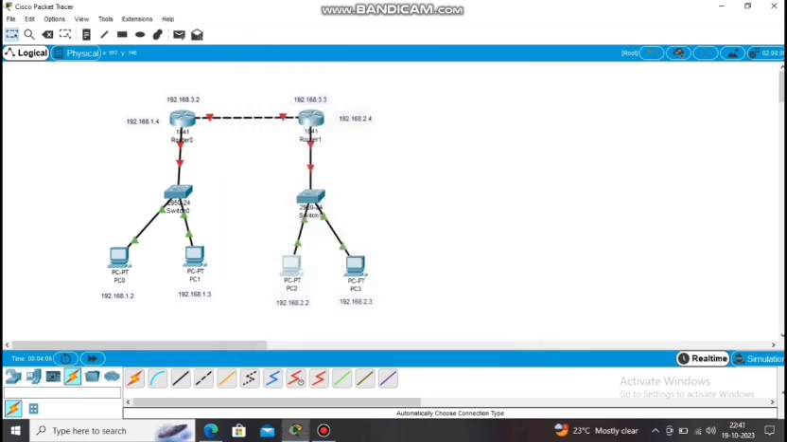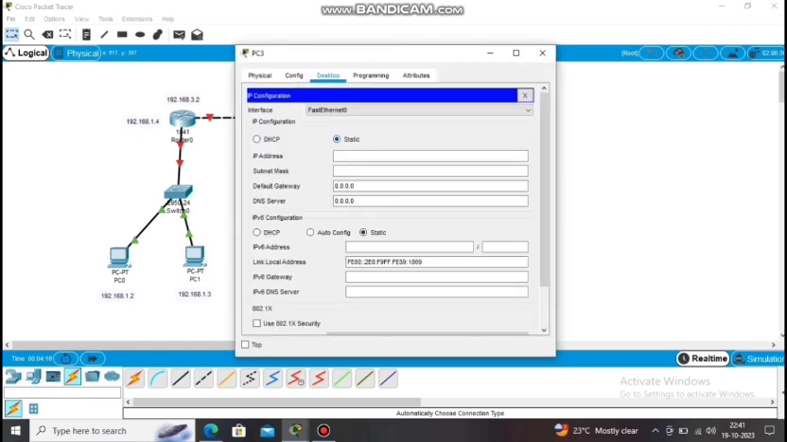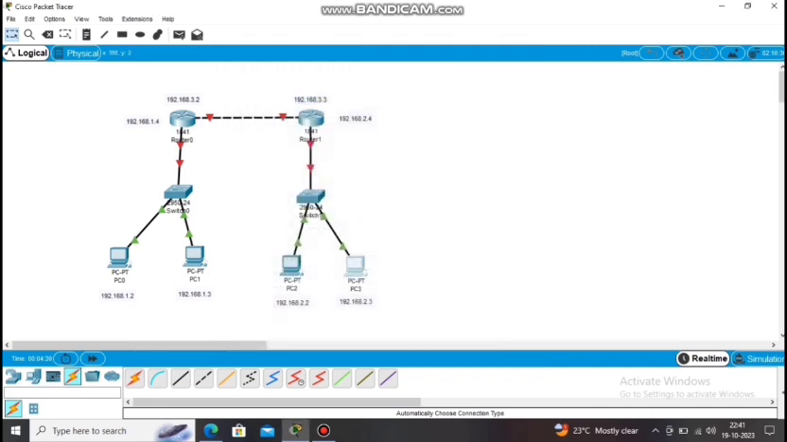192.168.2.4. Now close this window and then come to PC3, click on desktop, IP configuration, provide IP address as 192.168.2.3 and in default gateway 192.168.2.4. Now close this window and then